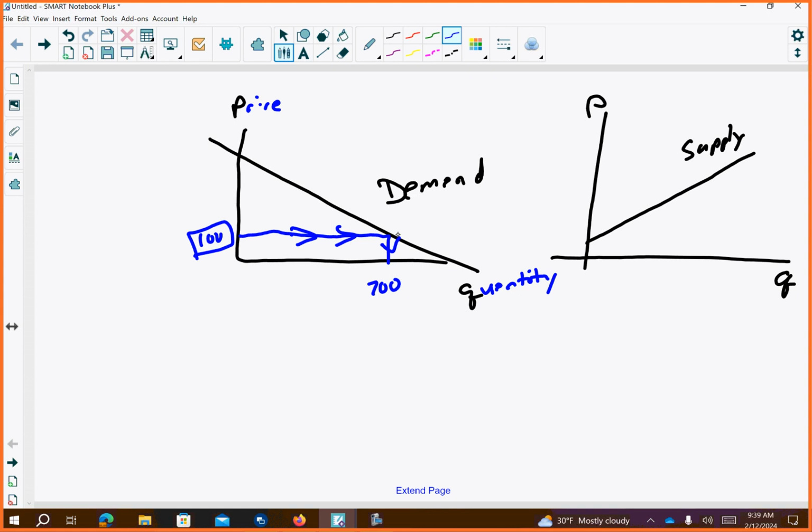And then how many units Q are supplied? How many items Q are supplied when the price is 100? So we go to the supply graph. When P is 100, again, we're going to come over this way and then drop straight down. So again, if this is 100, is this also 100? Ballparking it. Now, if you look at the answers,